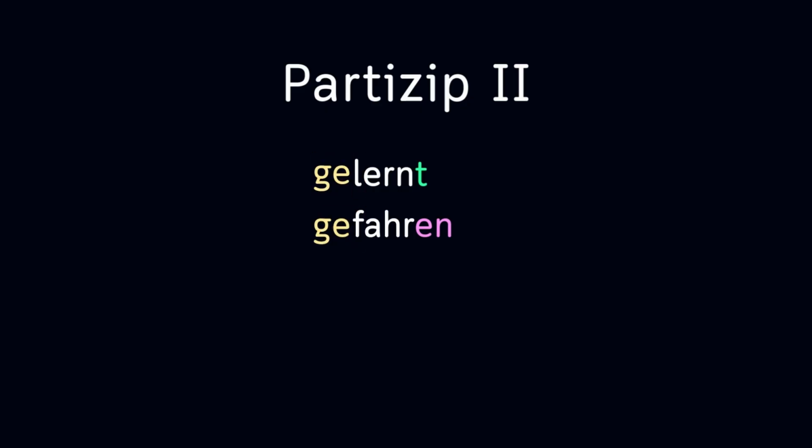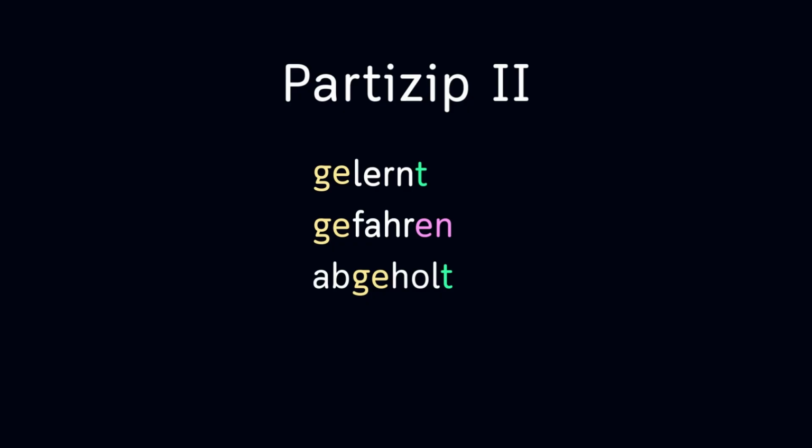Now let's talk about that "ge" and where to put it. This part has its own rules, it has nothing to do with whether a verb is regular or not. So for most verbs, ge is simply placed in front of the verb stem. We saw that before with lernen, gelernt, or fahren, gefahren. But if a verb has a separable prefix, meaning a prefix we can break apart, we place ge between the prefix and the verb stem. So for example, abholen becomes abgeholt. And the ending follows the same rule as always: holen is regular, so it ends in the letter T.